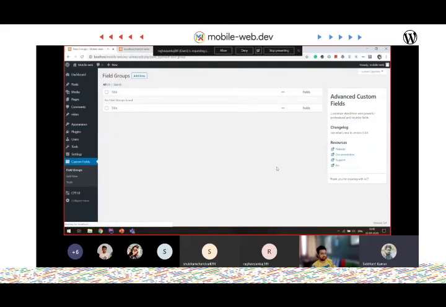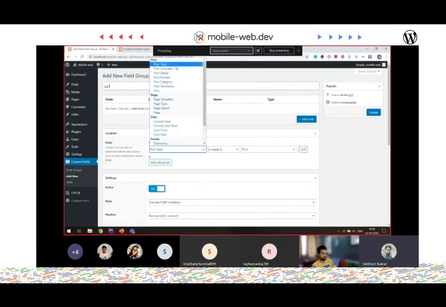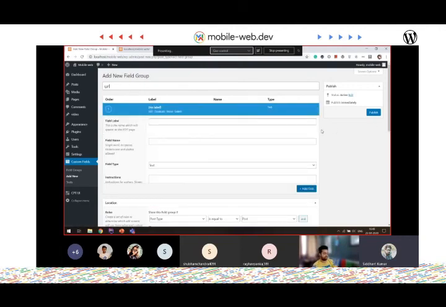So the plugin is here, and now I'm going to add a field, a URL field. I would like to see this custom field inside my post, because I'm using post type here. I can also use post type, template, status, format, post taxonomies. I'm using post type, so inside post type I would like to see this custom field in my post. And I need to add fields here. So let's give it a name, URL, and this name should be unique.